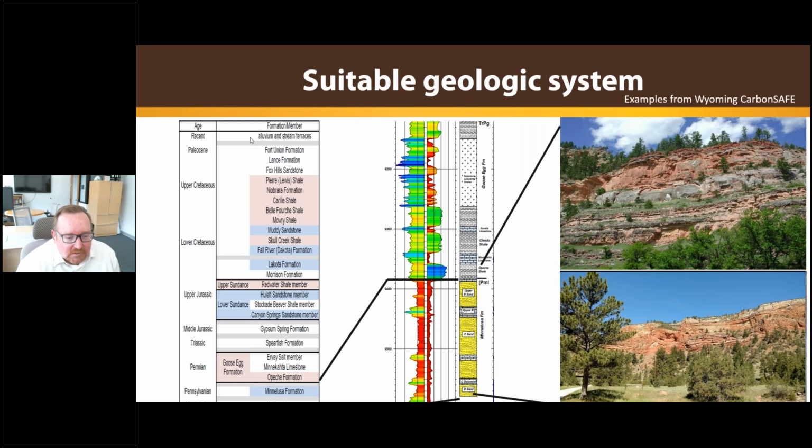called the lowest USDW, so the United States Drinking Water Aquifer. In this case, the lowest USDW is the Fox Hills Sandstone on that left chart, so very, very shallow. And generally, when you're looking at these systems, you go below any oil and gas reservoirs that are in the area. So that way you don't have oil and gas wells then shooting through your CO2 storage target